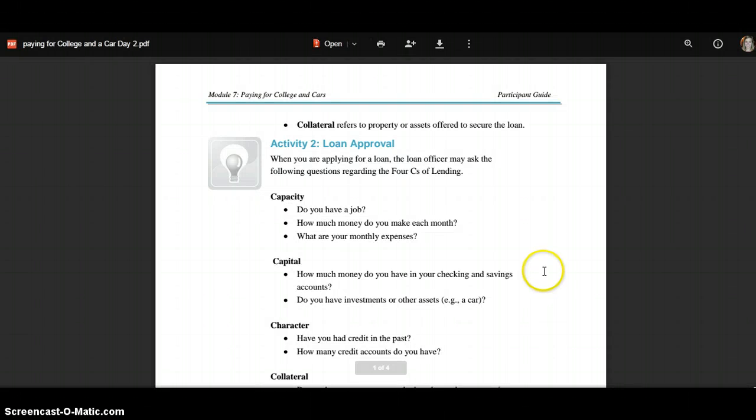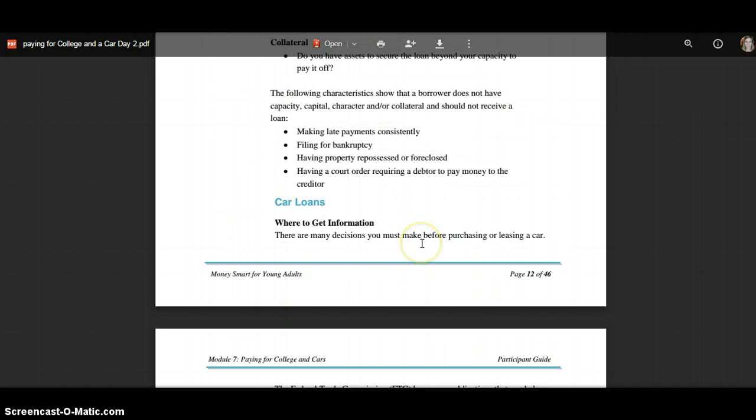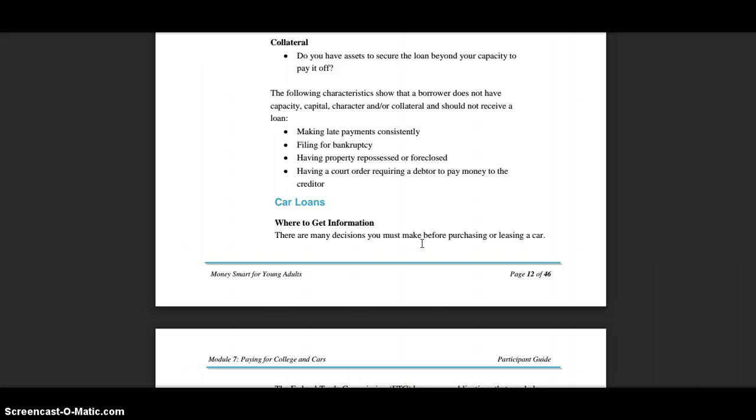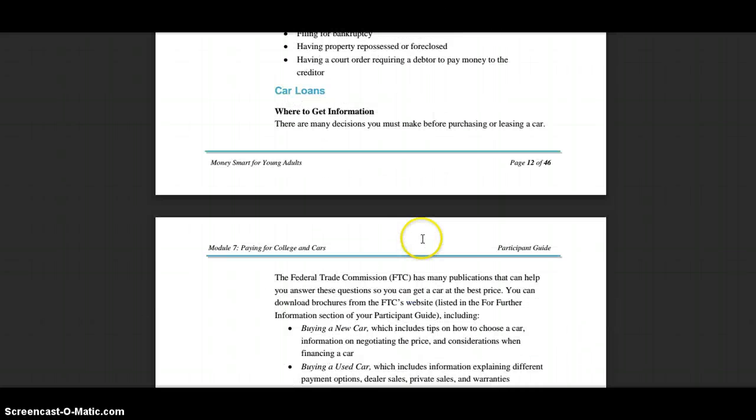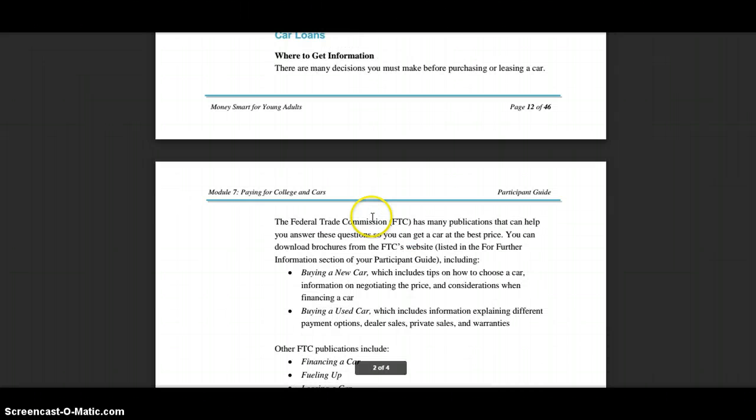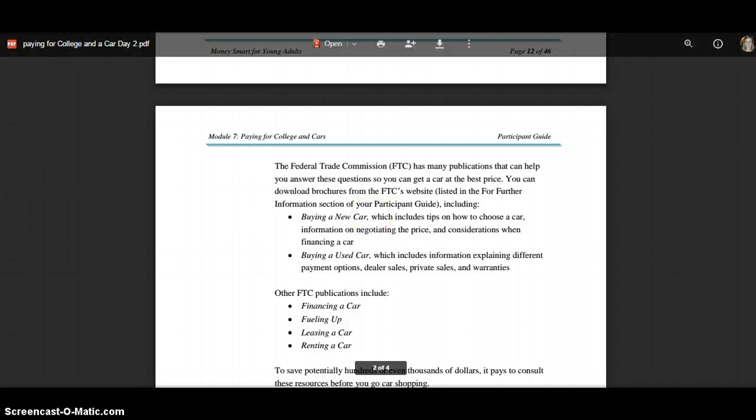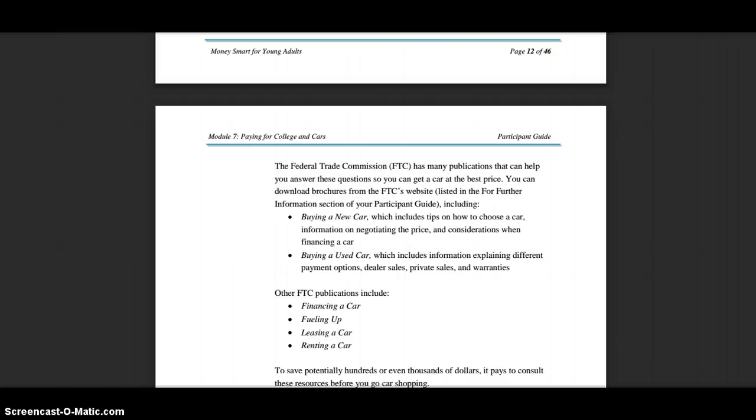So we're going to scroll down till we hit car loans. Car loans, where to get information. There are many decisions you must make before purchasing or leasing a car. The Federal Trade Commission has many publications that help you answer these questions so you can get a car at the best price. You can download brochures from the FTC's website listed in the For Further Information section of your